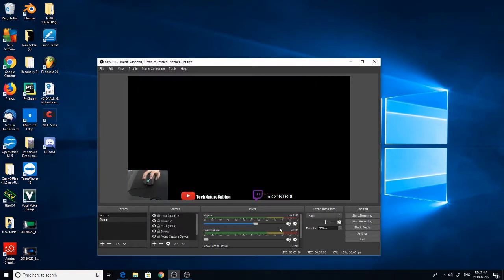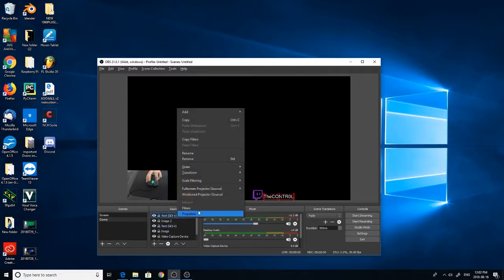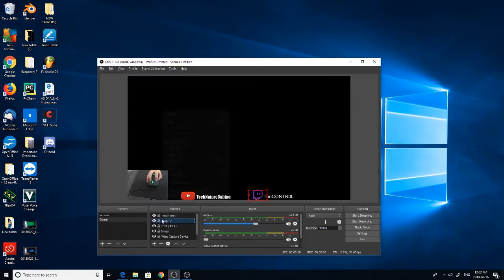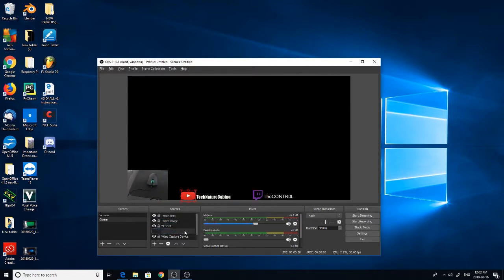Now, something you might want to do just to make things a bit simpler is rename all your layers over here. So I'm going to do that real quick just by right clicking and pressing rename. Okay, so now that we have this here, we're going to move on to something slightly more complicated. We are going to add a live